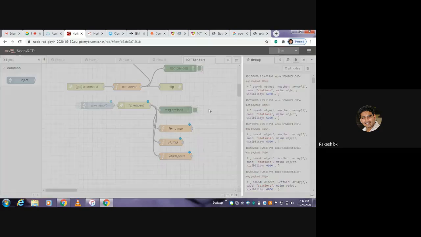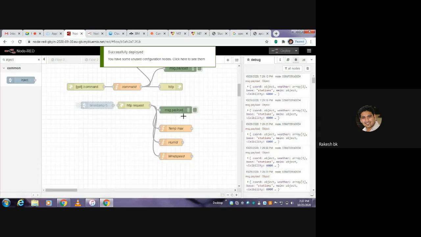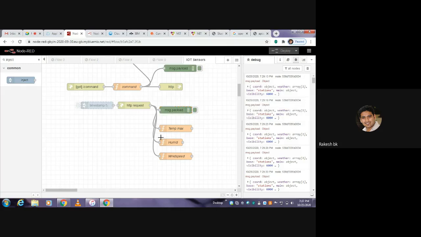So deploy. This msg.payload, as I already told you, is for displaying whether the triggered data are properly reflecting onto the web user interface or a mobile user interface, right? So that you can trigger it here also once you deploy.